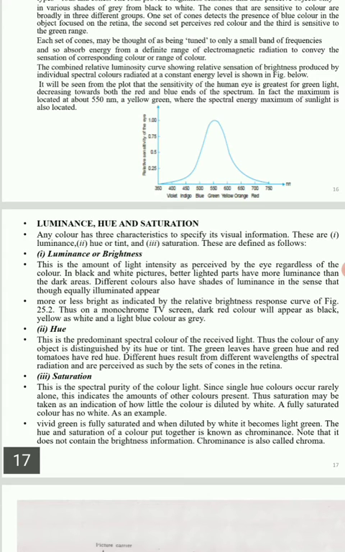Luminance is the amount of light intensity perceived by the eye regardless of the color. So in black and white pictures, better lighted areas show more luminance than the dark areas. Different colors also show shades of luminance, in the sense that equally illuminated colors appear different.